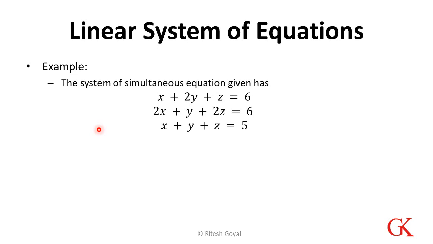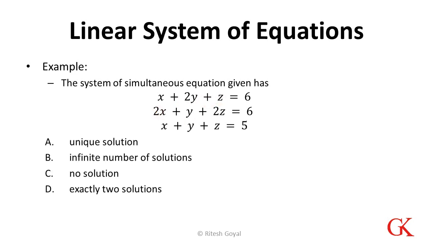So the question is, we are having a system of linear simultaneous equations. We can see there are three unknowns x, y, z and three equations. And we want to find out again the same thing: unique solution, infinite solution, no solution or exactly two solutions. There are many methods to solve these questions, and the most useful method is the rank method, which we will be discussing later. But for the time being, we can constrain ourselves to the Gauss elimination or row echelon form method and try to find the row echelon form for this particular system and see what is the answer.